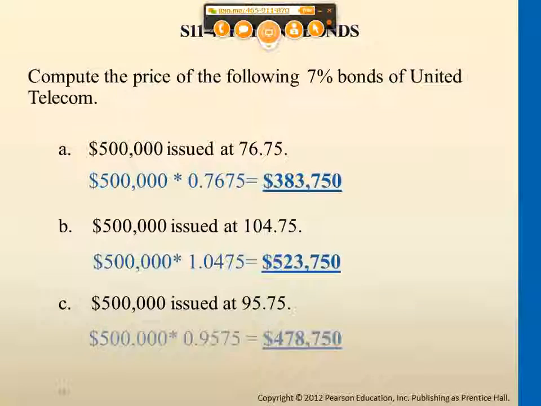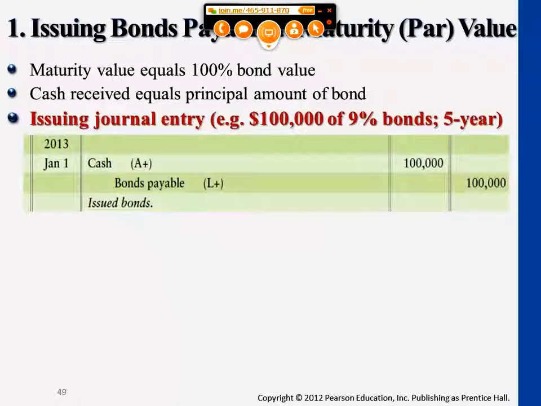Skip this for now. I'm just going to talk about the first case. So for the maturity value of the bonds, if we're issuing the bond, this first entry here is just like a